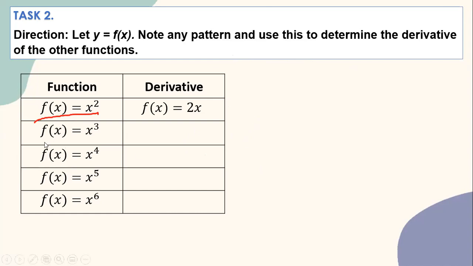Next, we have f of x is equal to x cubed. Ang derivative niya ay 3x squared. Next, f of x is equal to x to the fourth. Ang derivative niya ay 4x cubed. You can try if tama ba na ito yung derivative niya using yung mahabang formula natin. But here, ang ninonotice natin is yung pattern